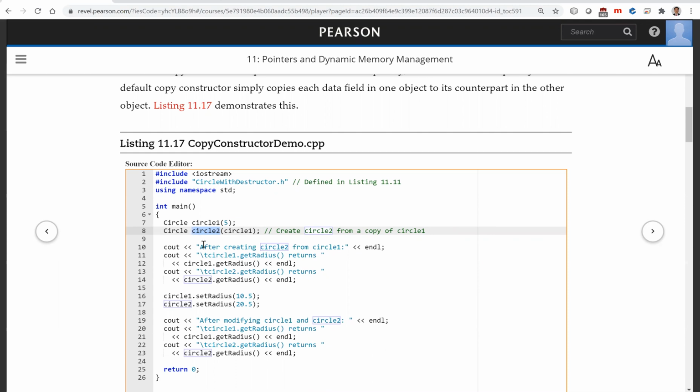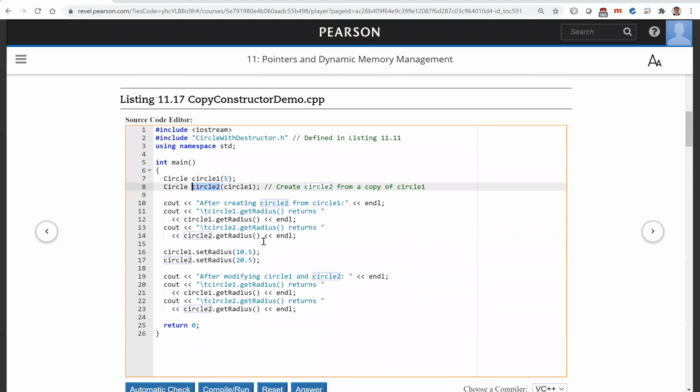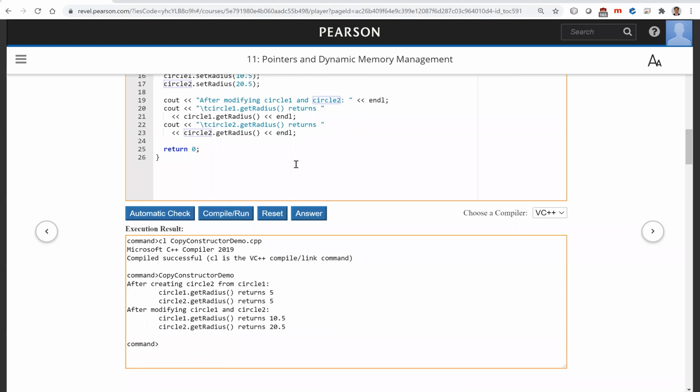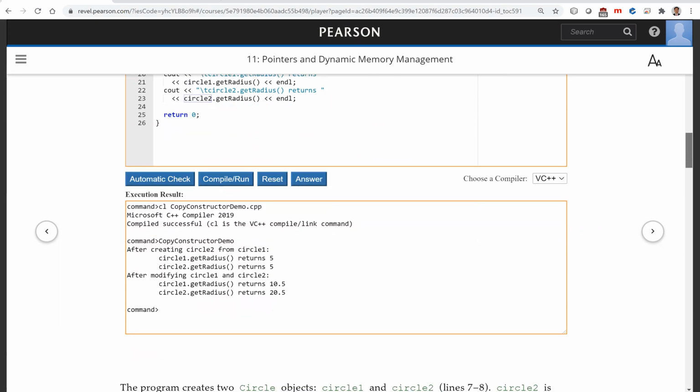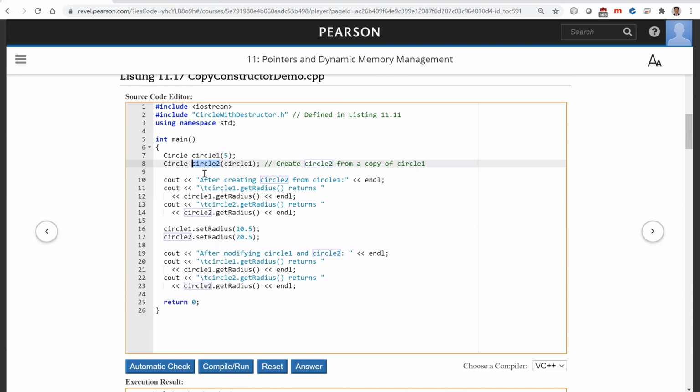So you can get all the information out from circle 2. Now get the radius, and so this is all the information, and you can also modify this, set a new radius, circle 1, circle 2. They're independent, the two different objects. So here, circle 1 is now 10.5 and circle 2 is 20.5. So they are different. First, after you make this copy, they have the same radius. But after you set radius, they're different. So they're independent